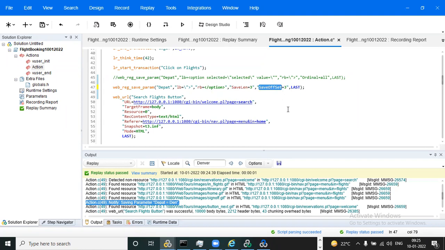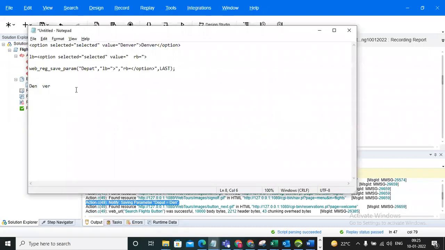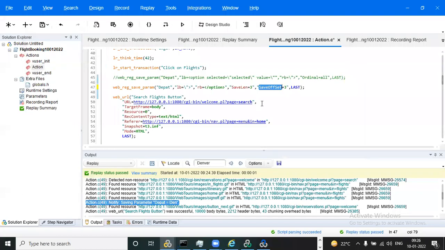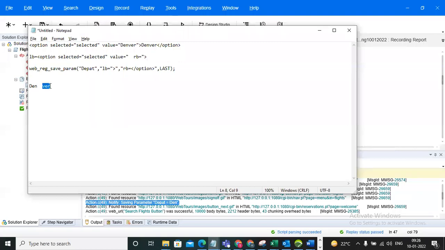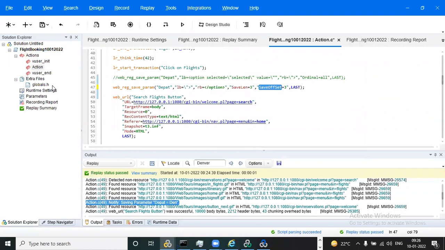What is save offset? It specifies how many characters we are supposed to skip. For Denver, I have given 3, so the first 3 characters will be skipped, and with save length 3, the next 3 characters will be captured. So VER. Now we can observe our output, I am expecting VER. We'll check whether it comes or not.